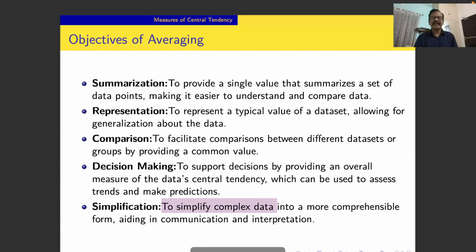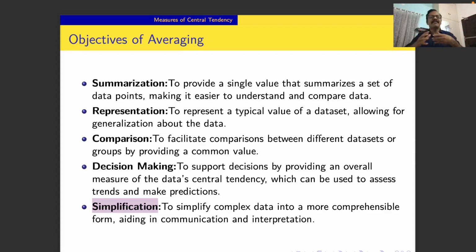So these are the important objectives of averaging: one is summarization, another is representation, another is comparison, another is decision making, and simplification. These five important objectives are there